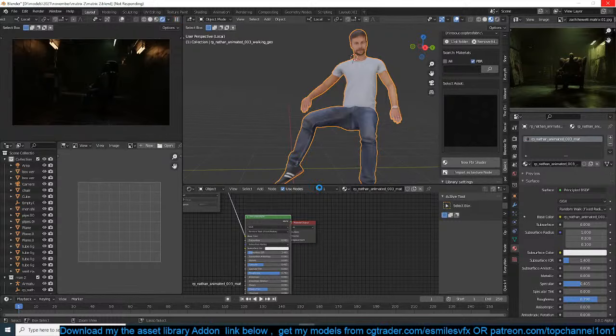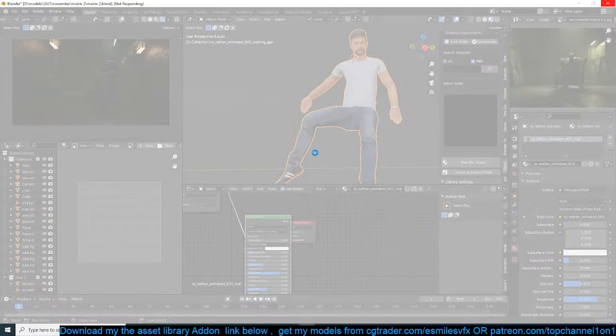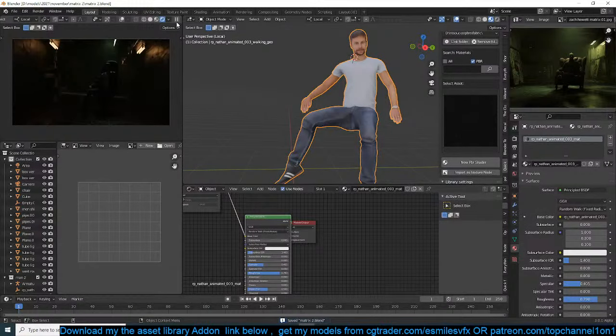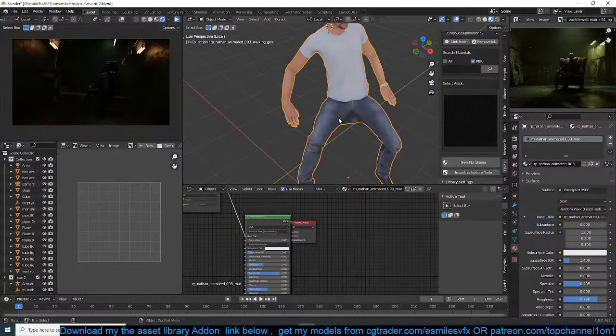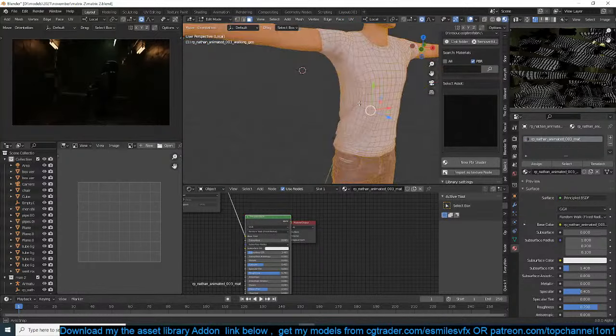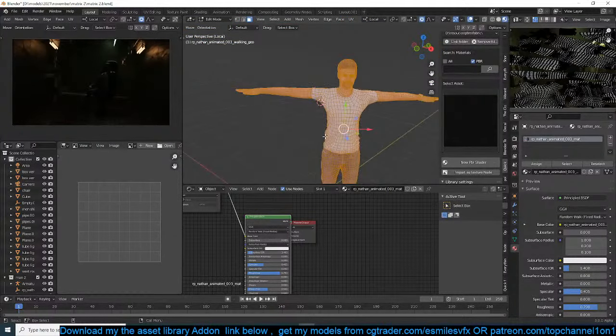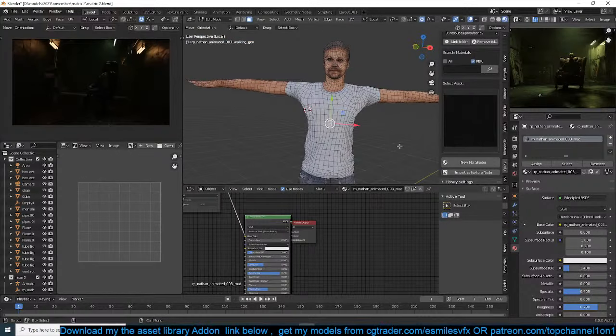Okay. It seems that Blender is still compiling shaders or has hung for some reason. Okay, we are good. Yeah. So I want him to be completely dressed up in leather. So what I'm going to do is just select all the faces that make up his shirt, his clothes,